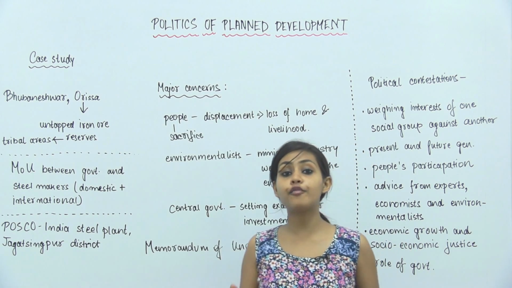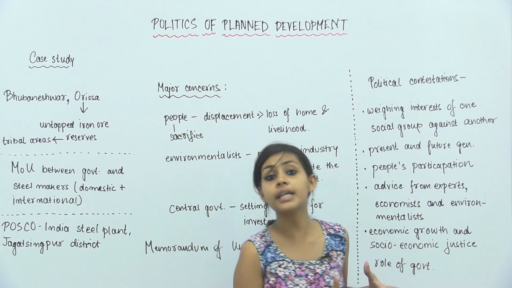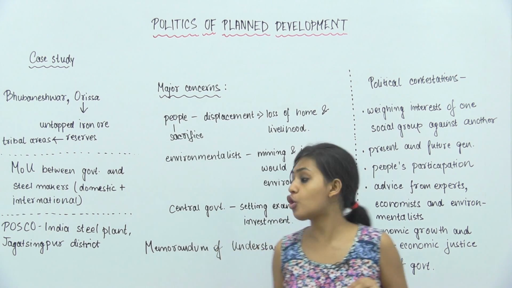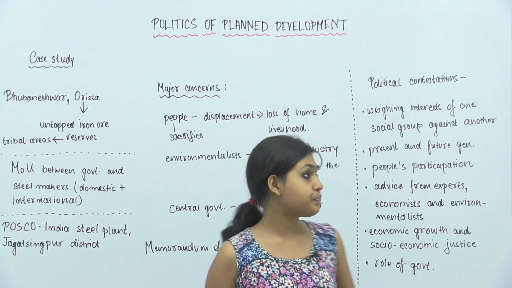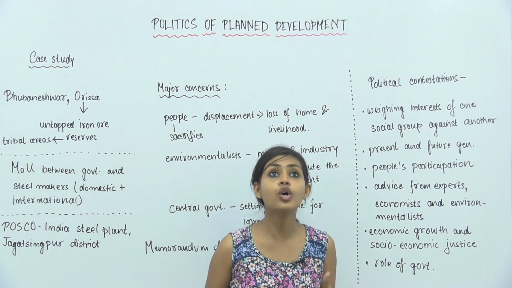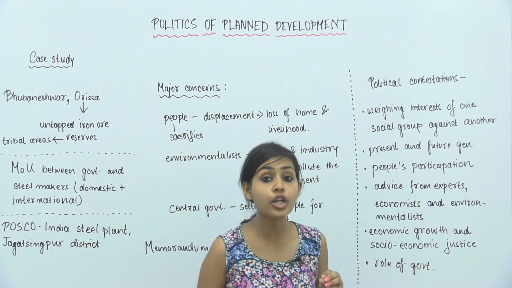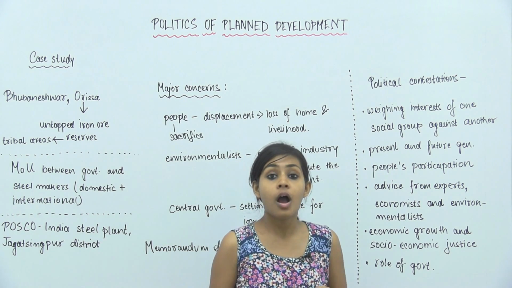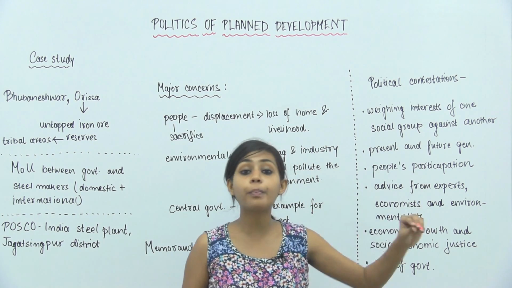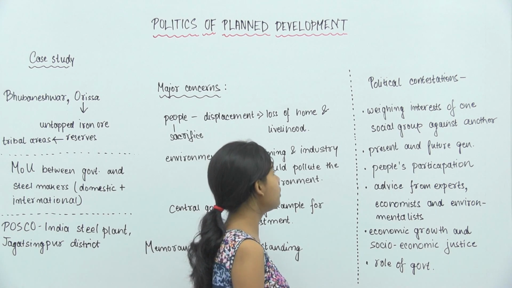So it actually puts behind the interests of environmentalists if we're putting forward the interests of businessmen. On the other hand, if we put forward the interests of the common people who are living there, then investment gets discouraged, and it's actually harming the interests of the investors or even the government for that matter. So we have to basically prioritize interests. We have to understand whose interests are more important, and why a particular group's interest should be given more priority than the other groups. So that's what we have as weighing interests of one social group against another.